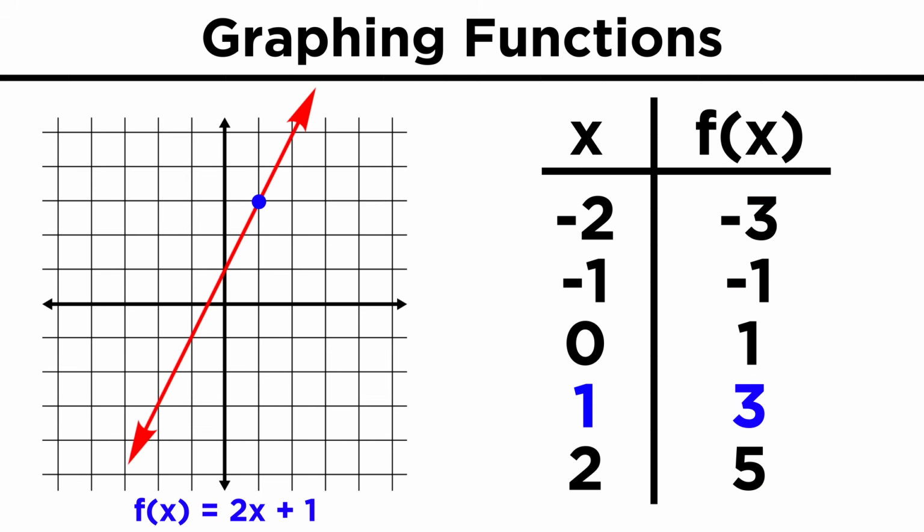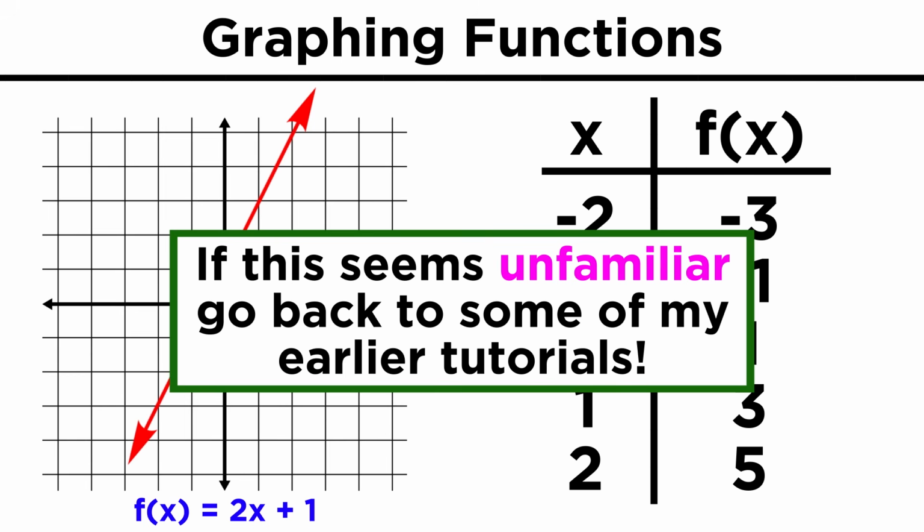In this case, when x is 1, y is 3. When x is 2, y is 5, and so forth. We just graph all of the possible ordered pairs that comprise the function. To get a little more review on this kind of stuff, you can go back to some earlier algebra tutorials now. But if you are up to speed, let's move on to some other things we can discuss when it